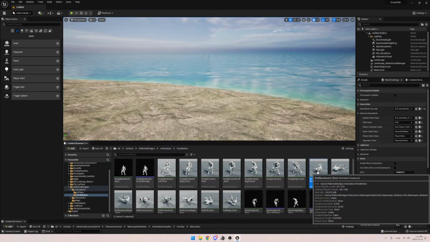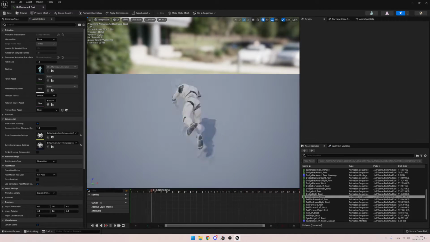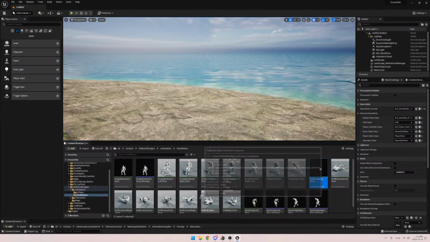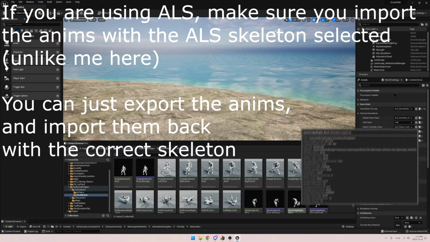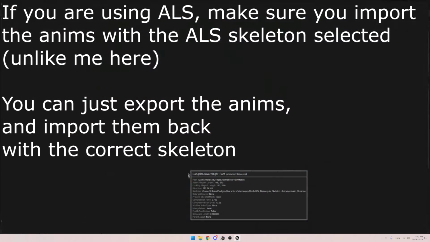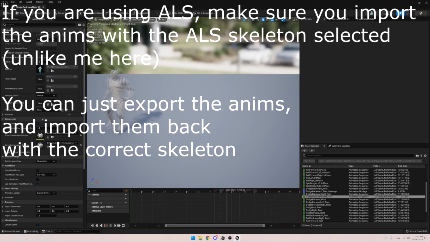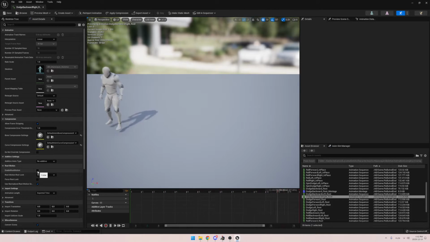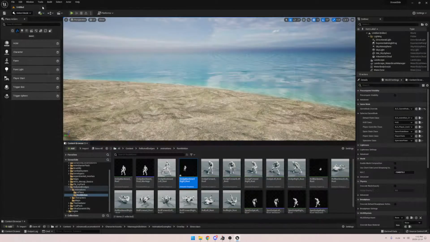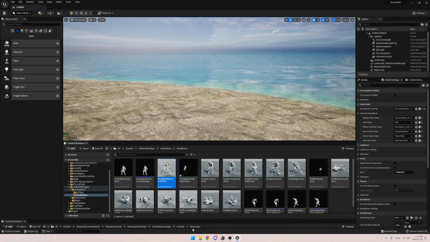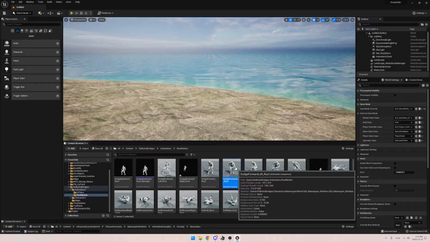Or, let's show actually a dodge roll, because that one hasn't got root motion enabled. So when you have your animations, I already have done some prep work on these. What you basically want to do is, you can see there is enable root motion here. You want to tick that, but if you have a couple of different animations, the easiest way to do it is